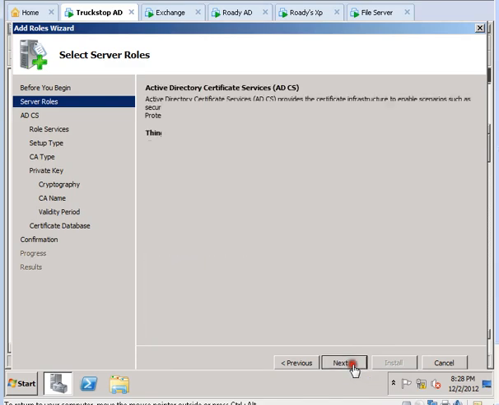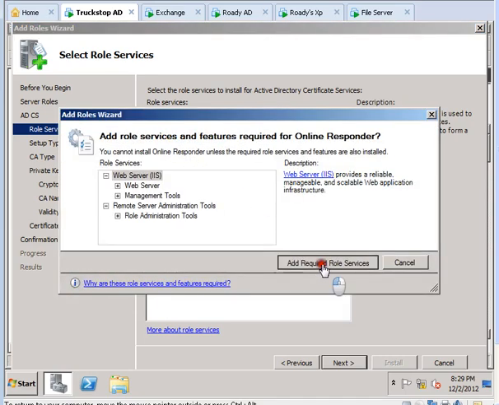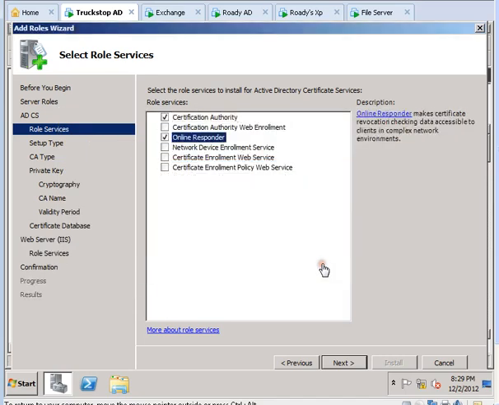Go ahead, click next and next and select the certification authority. It is selected by default, and we'll go ahead and select the online responder. Click this one and add role features. Click yes. It will install the IIS. Click next,